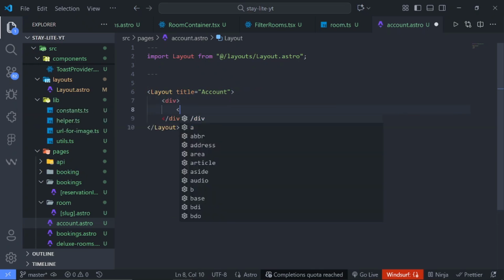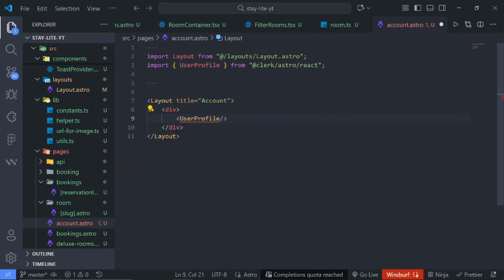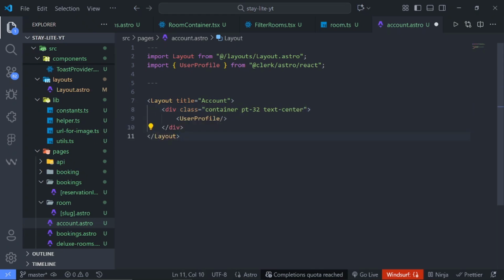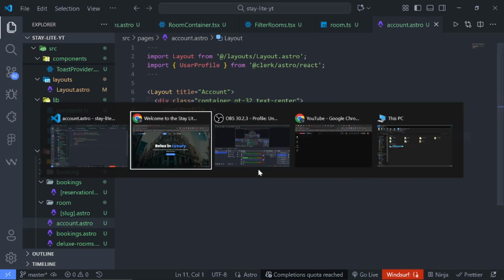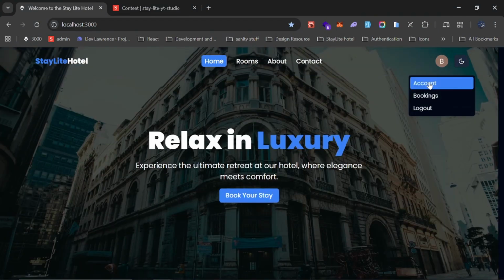Then before we style it, what we just need here is just the user profile component from Clerk. So I'm going to import this, and basically this is just all what we need. Then I'll just come right here and say for the styling, this is going to be container, then a padding top of 32, and I'll just set the text to center like so. Then I'll save. So if we go back now and I go to account,